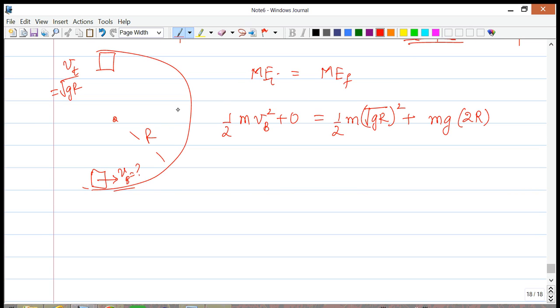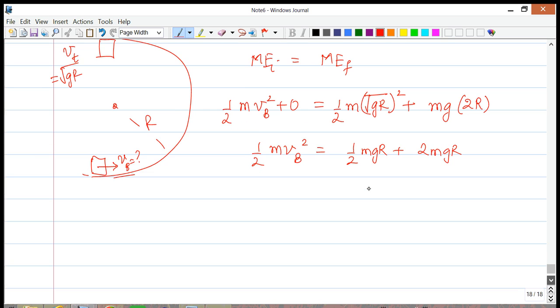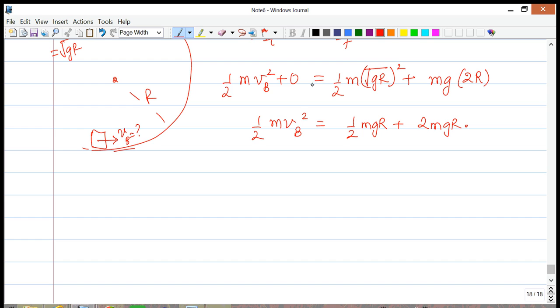Now we can do the algebra. We have 1/2 m v bottom squared equals 1/2 m g r plus 2 m g r. I can multiply and divide by 2 so that I have the same denominator, and I get 1/2 m v bottom squared equals 1 plus 4, which is 5 m g r over 2. The m's cancel out and the 2's also cancel out,